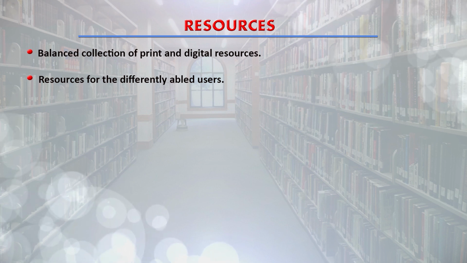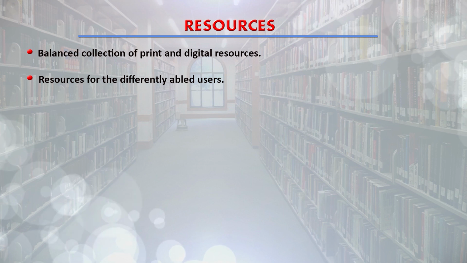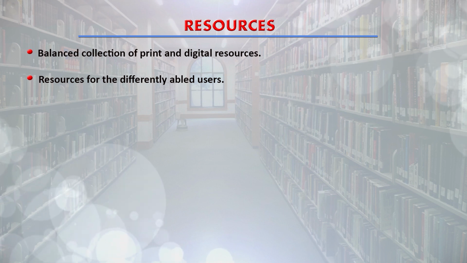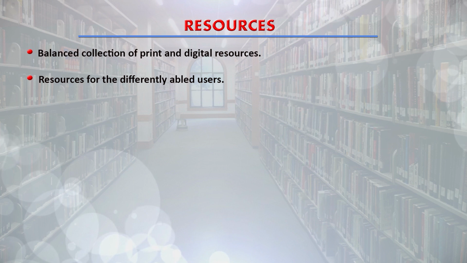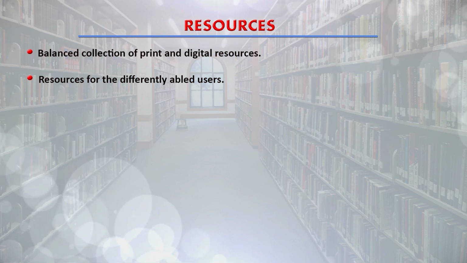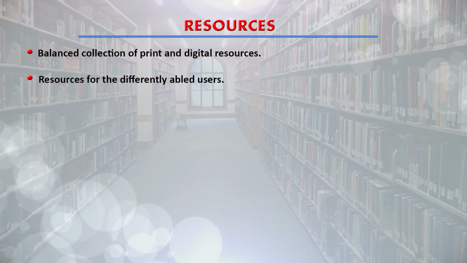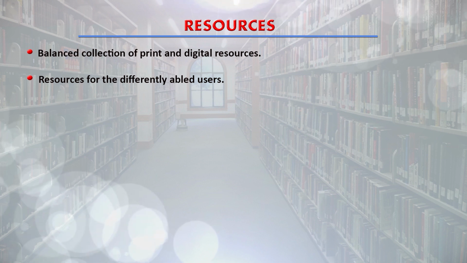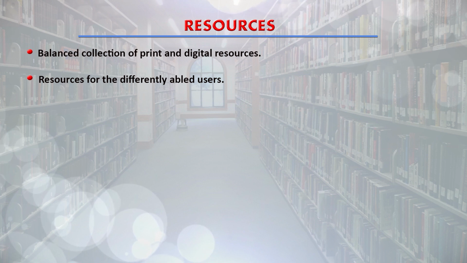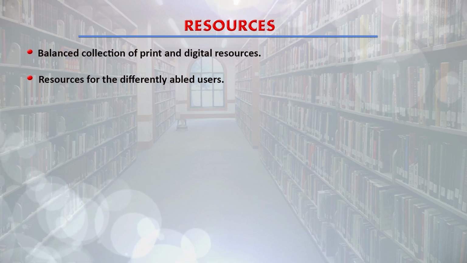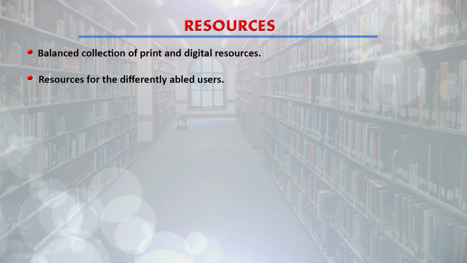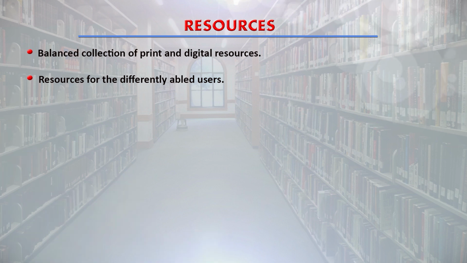So, it is the responsibility of the university libraries to keep material there for our differently abled users also. Some of the university libraries have a very good collection for these differently abled users. Even the library building should be made so that the differently abled users are able to use